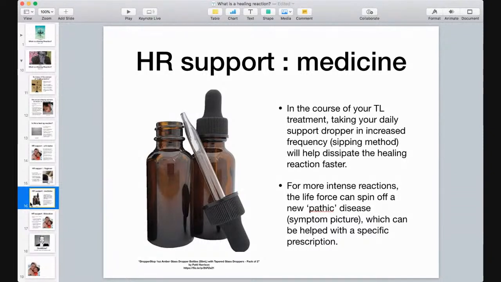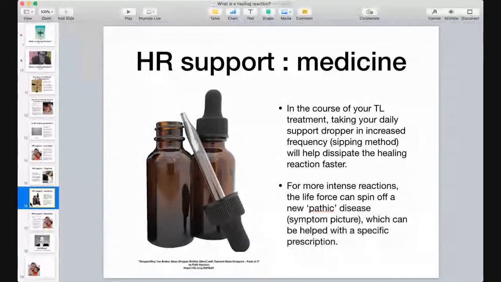So the other general thing we would recommend when somebody's in a healing reaction is to take the daily support dropper that we supply in every treatment plan, and instead of your usual dose, which is usually 1 drop per day, during the healing reaction, we advise that that be taken on a more frequent basis. And the best way to do that is to take that 1 drop, which would be your standard dose for the day, put that in a glass of water or a bottle of water,